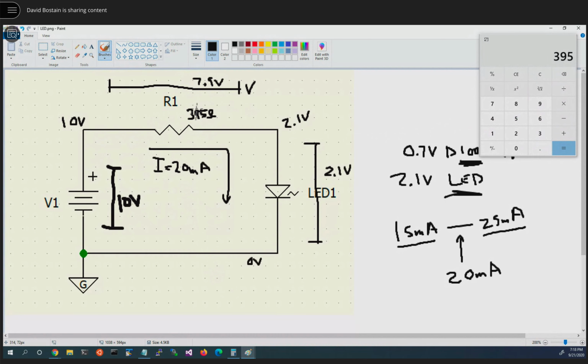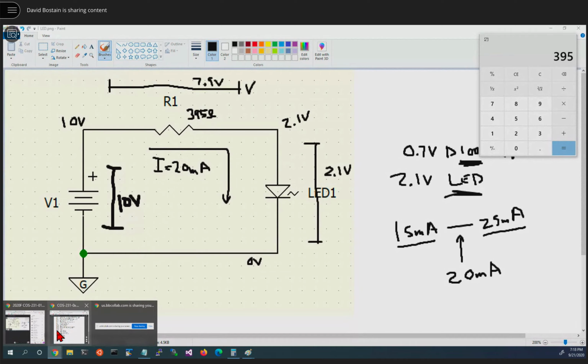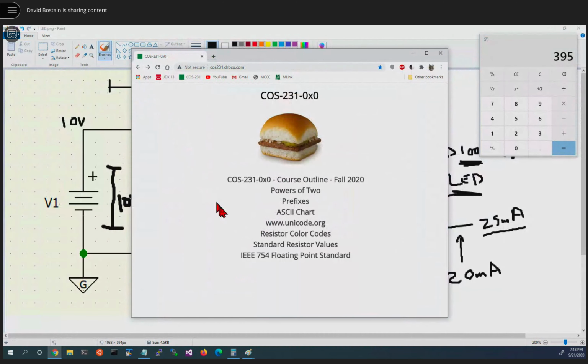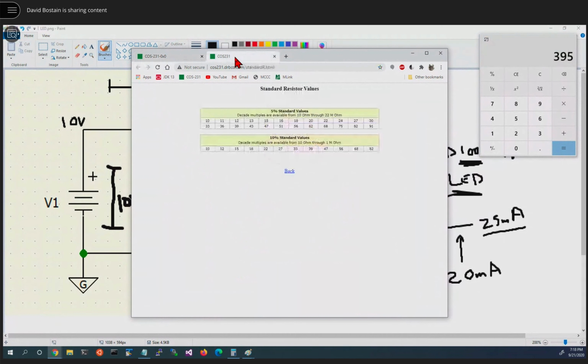Now we're given a clue here that we're not going to be able to buy this resistor because it has more than 2 significant digits. So what we're going to need to do is find out what value is close to 395. You may have these memorized or you may not at this point. We need to know what values are available. So standard resistor values here,